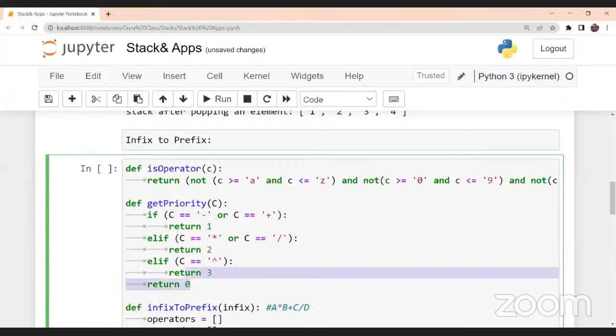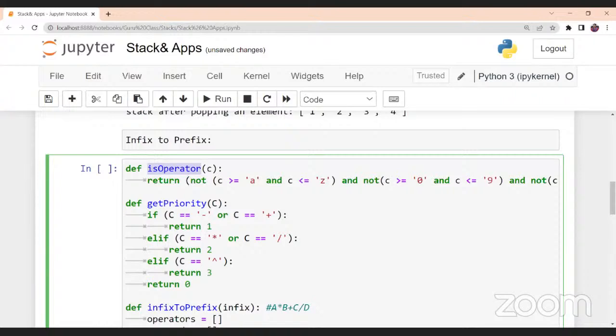That's it. So this is how that particular point, while I was explaining it in the presentation, I explained it in a very theoretical manner, right? So that entire concept is just shrunk down into these 5 lines of code. Okay. Now, before doing this, you also wanted to check whether it is an operator or not, right? So is it an A to Z or a 0 to 9 or some other thing? It should always check. So what are the operators we are having? Addition, subtraction, multiplication, division, exponential. So these are all the operators we are going to have.